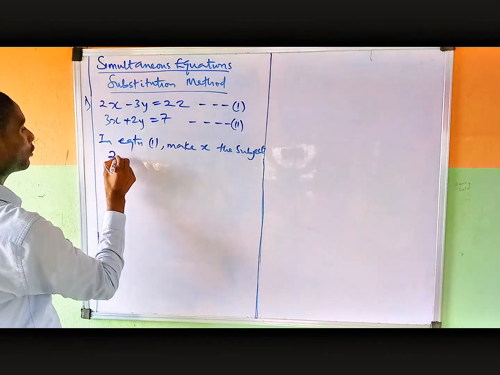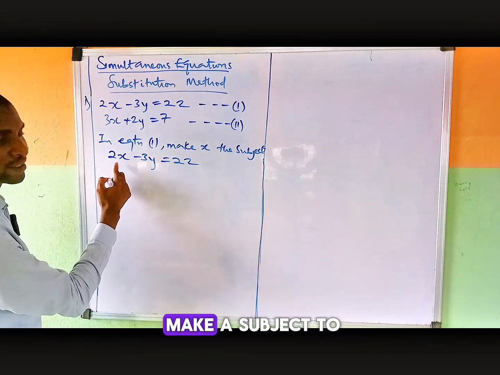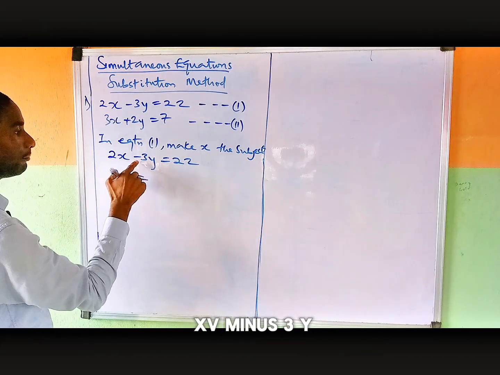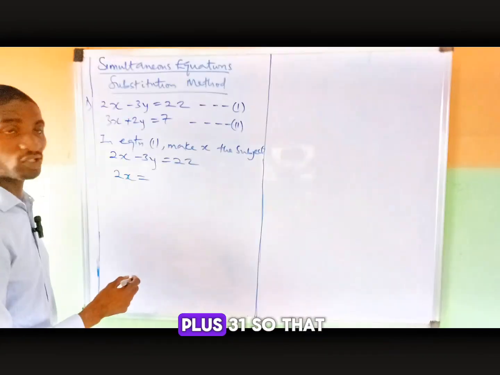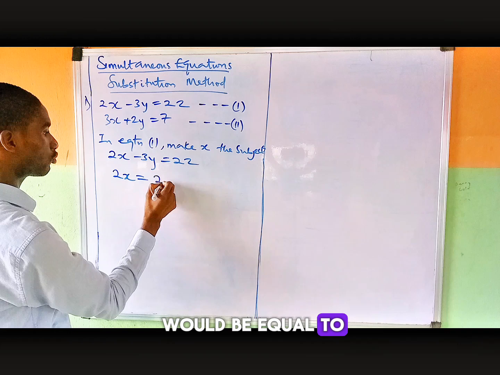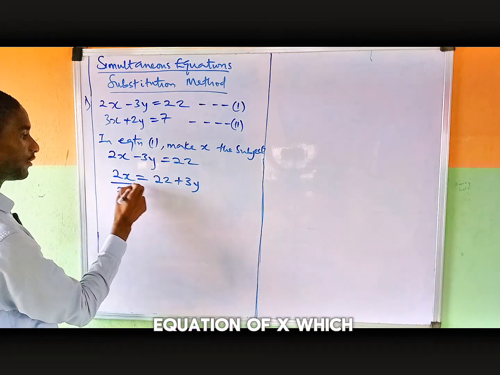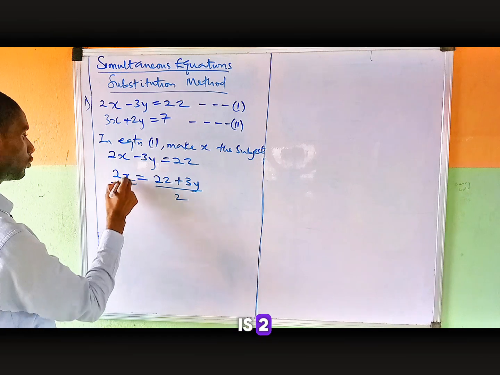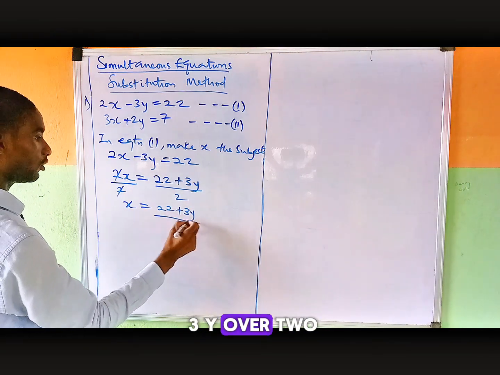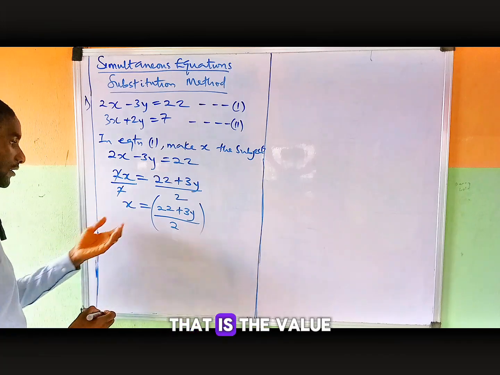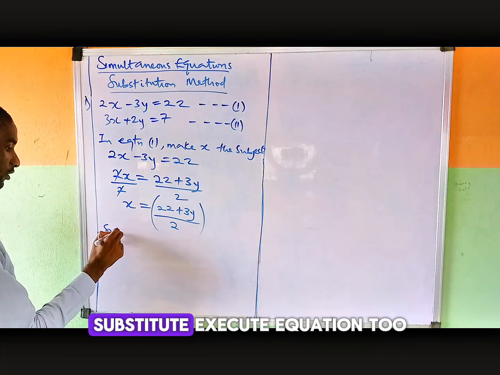So in equation 1, 2x minus 3y equals 22. If you want to make x the subject, 2x will be equal to minus 3y. We cross this over to this side and it becomes plus 3y. So that will be equal to 22 plus 3y. Then I have to divide both sides by the coefficient of x, which is 2. So my x is equal to (22 plus 3y) over 2. That is the value of my x in equation 1. So substitute